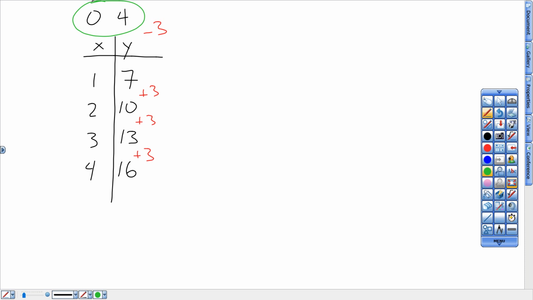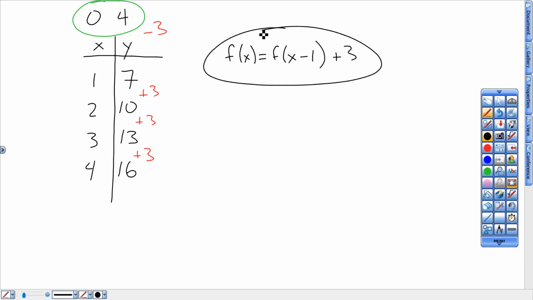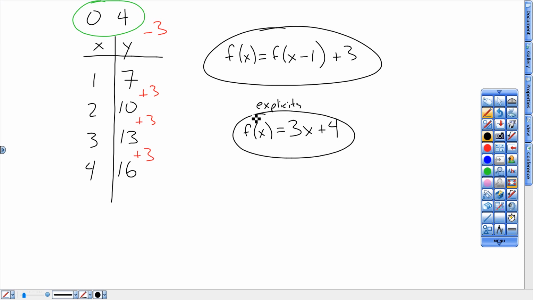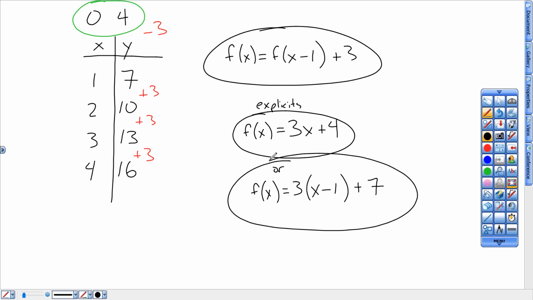If I had to write my equations for this table, recursive plus 3. My explicits, which are even more important, would be f of x equals that 3x plus 4, the y-intercept term when x is 0. Or I could use, of course, and you pick one, don't do both, 3 times x minus 1 plus not that 4, but that 7,